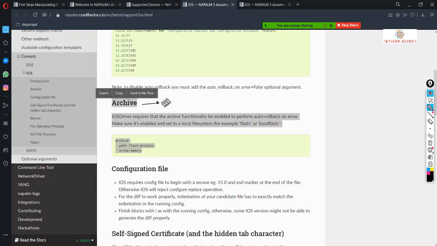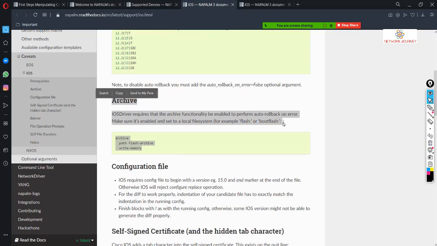As I told you, there are some inbuilt features of merge and replace, right? So you cannot run this feature until you take a backup of your running configuration on your production box. These backups will be temporarily stored in the archive folder. I'll do that, so don't worry for now.